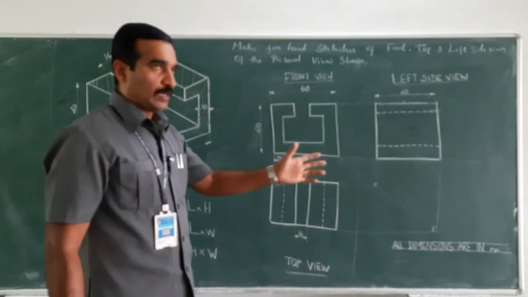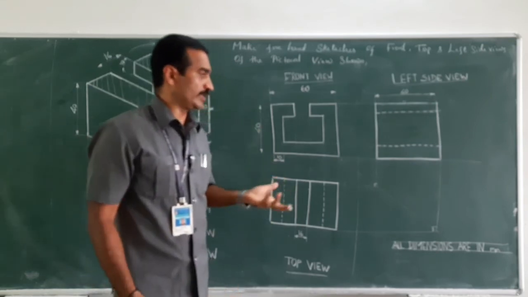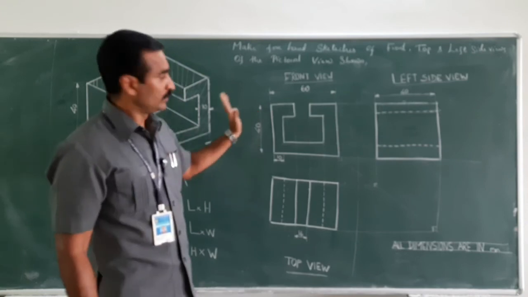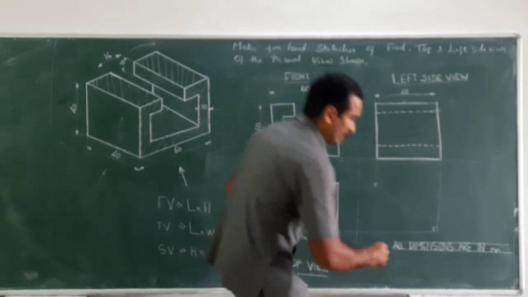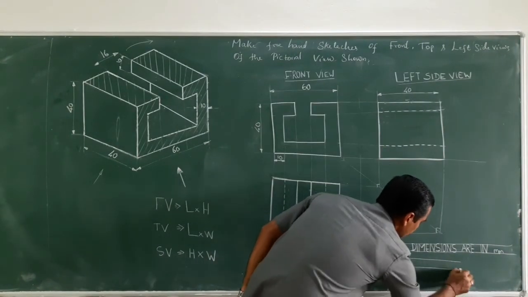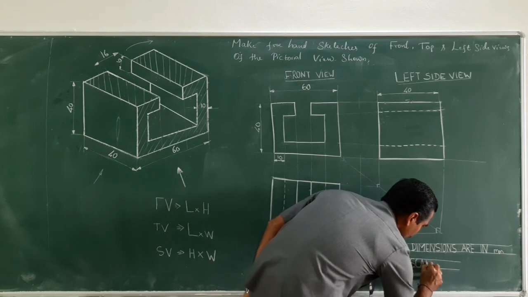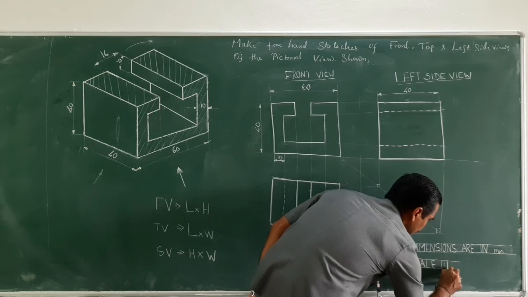And what about the scale? The scale which I consider is the true scale, because I haven't used any scaling here. Whatever 40 mm I have captured or transformed here. So the scale which I used here is true scale, which is nothing but 1:1. Scale which I used here is 1:1.